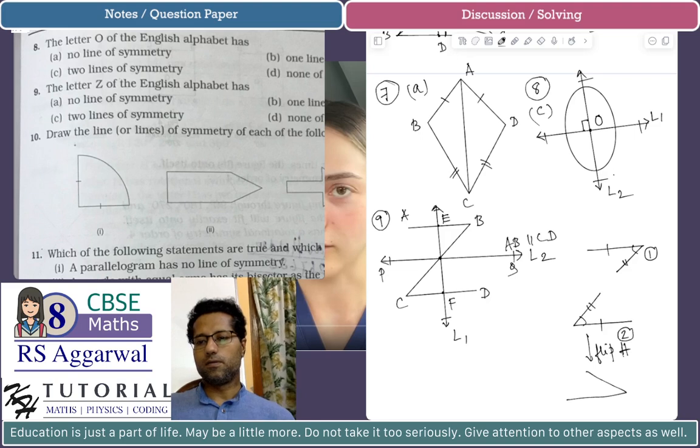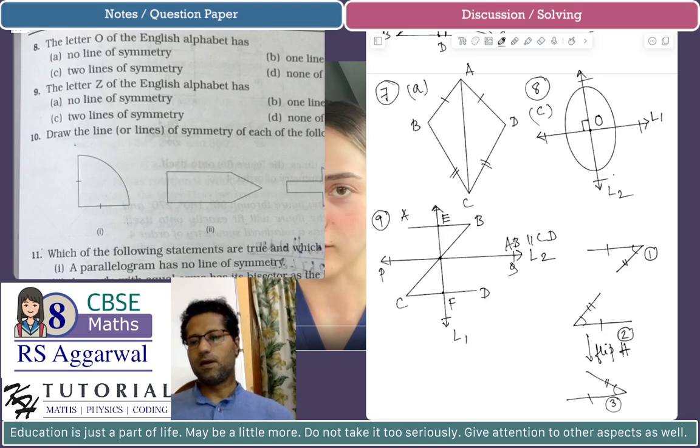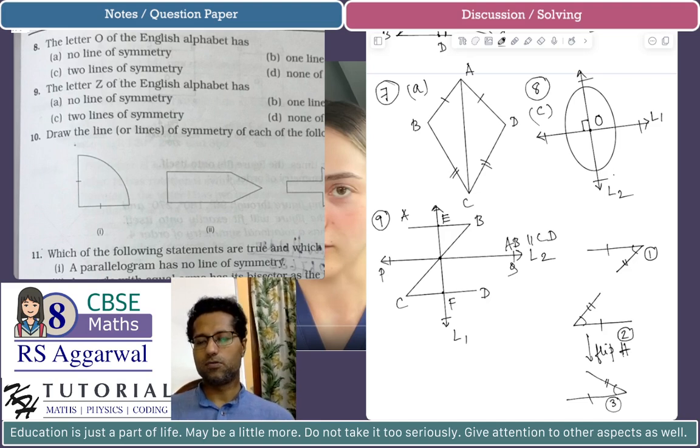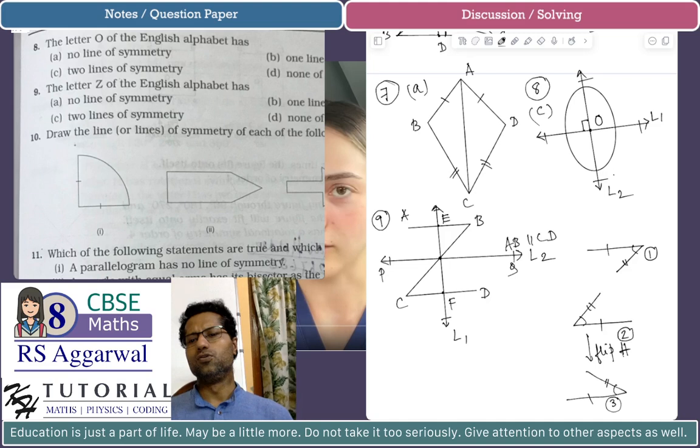Let this be figure 3, and now you can see that this figure 3 and figure 1 look quite congruent, quite identical. If you join them, it will make the letter M, and we know that the letter M has a line of symmetry. So I think L2 will be a line of symmetry for the letter Z, but I am not sure about